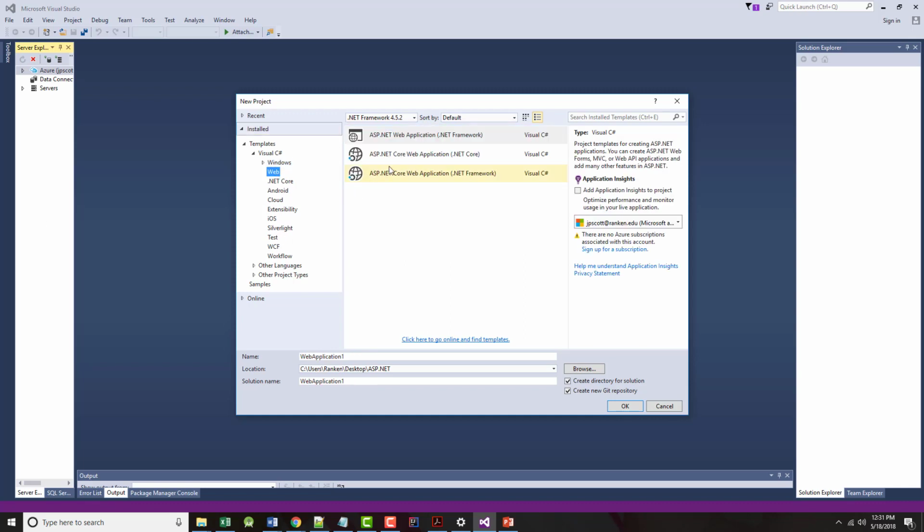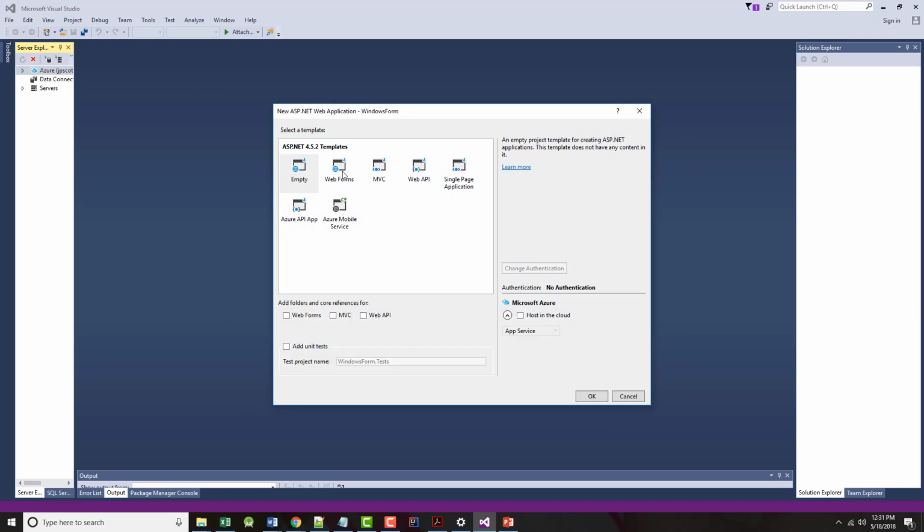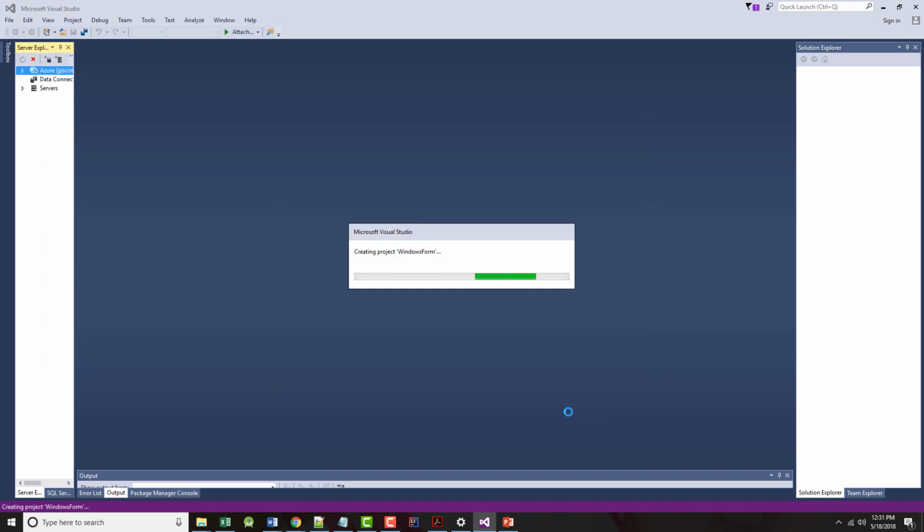It's got to be under here. And I think we do go here. So let's go to here and we'll just say Windows form. All right, because that's what we're going to be creating. I'm not going to worry about a GitHub repository for this example. All right, and I'm going to do a web forms right there. Click OK,